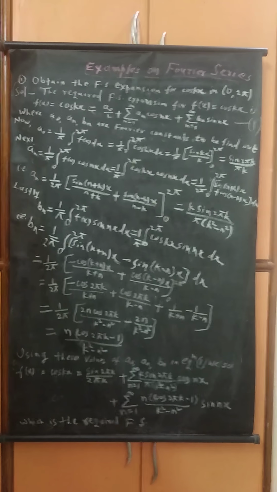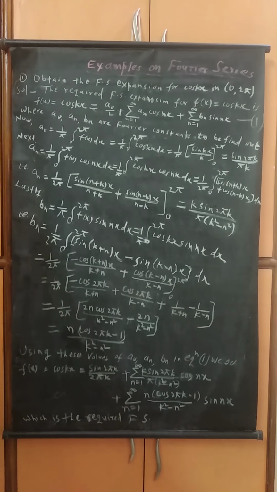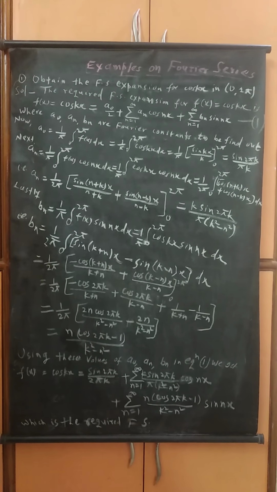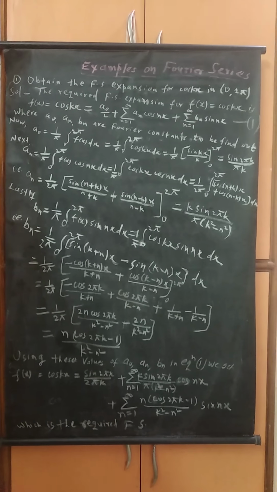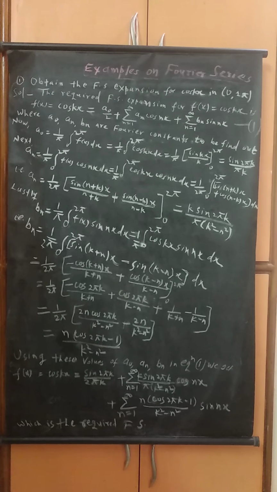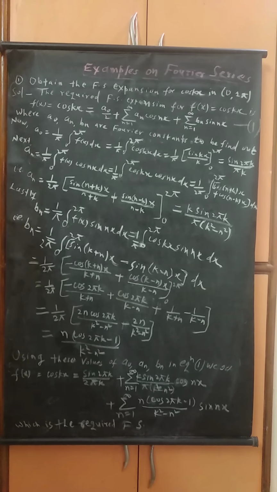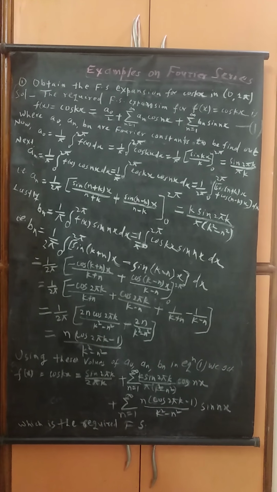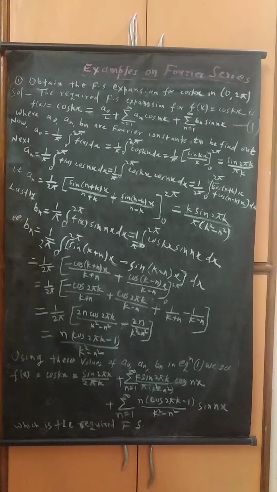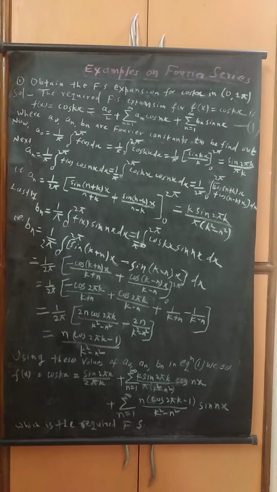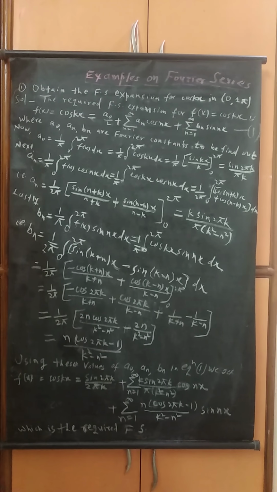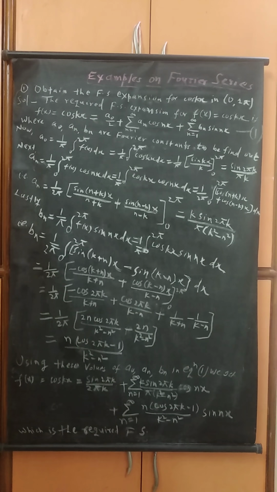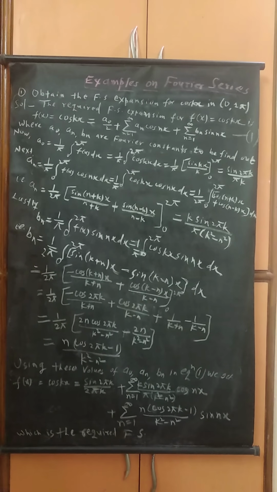The first example is: obtain the Fourier series expansion for cos kx in the interval 0 to 2 pi, where k is a fixed constant. As we have already seen in the definition of the Fourier series, we first write the answer. So we start our solution with the answer, that is the required Fourier series expansion for f(x) is equal to